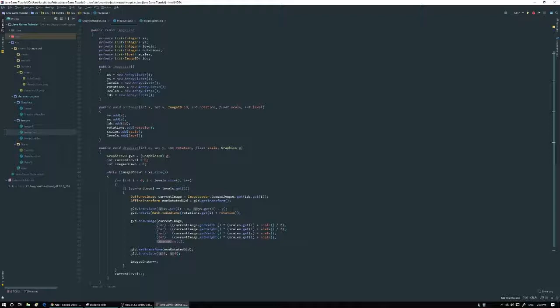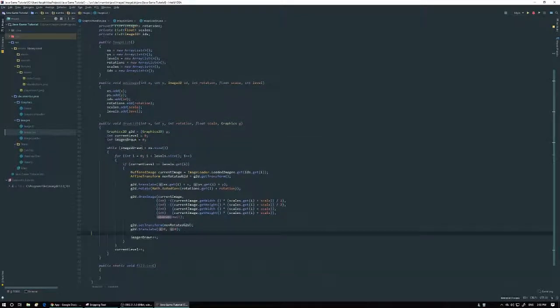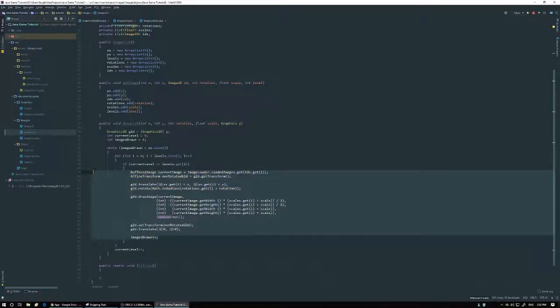So only the ones that have 0 set to this. And if there are none, it would move on. And imagesDrawn is just how many images we have drawn. After this whole process, which is one image drawn, it will iterate, and when it finishes, it will loop through the whole